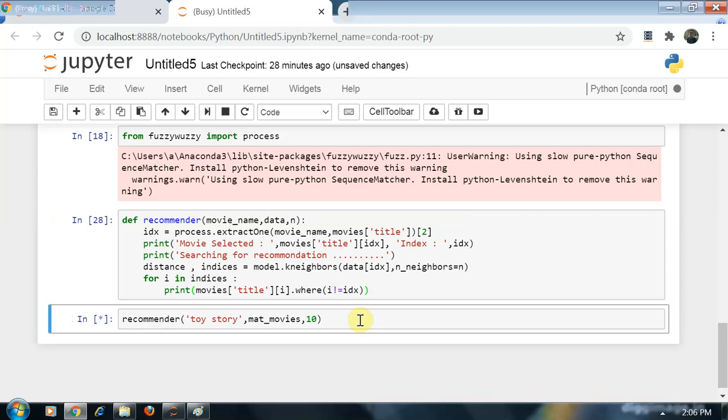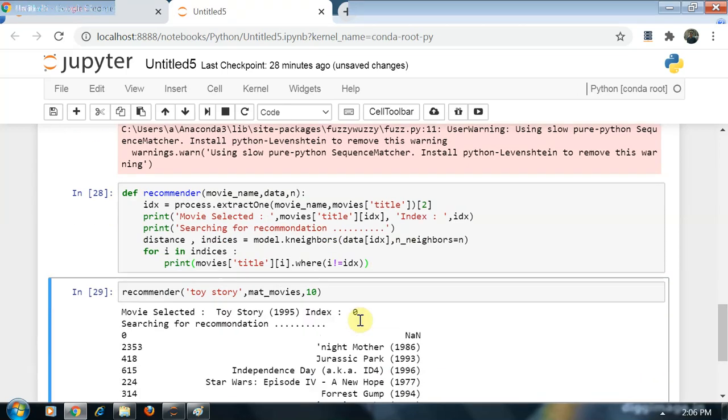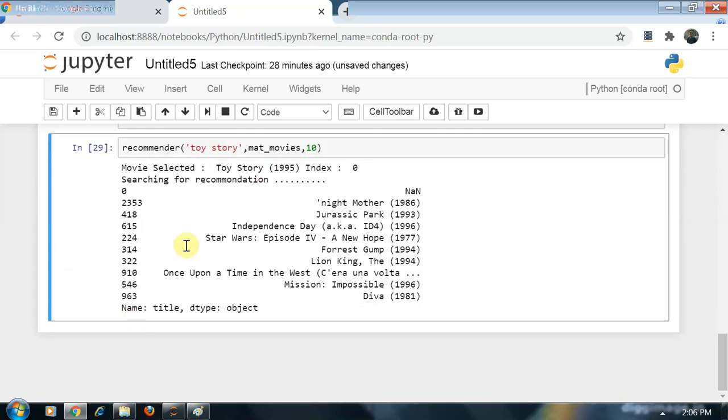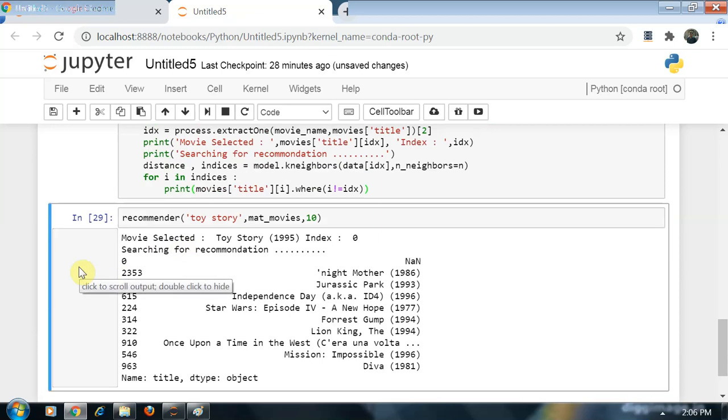Now look at the output. Okay, so congratulations, our movie recommendation system model using KNN is done.